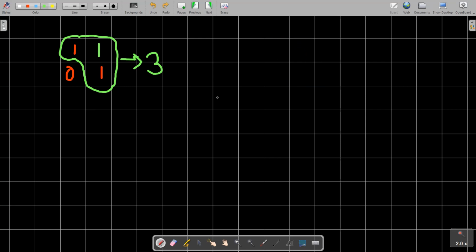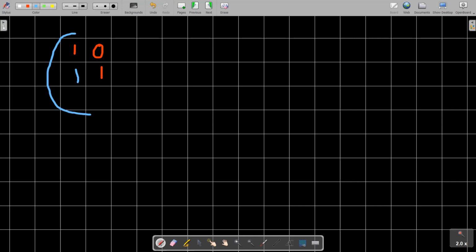Now let's do another thing. We are not going to change this 0, rather we are going to change this 0. Let's change it to 1, and after doing that, let's find out the connected component. You can see that one connected component is this one, and there are no more connected components. This is called an island, so let's find out the size of this island. It is coming out as 3.